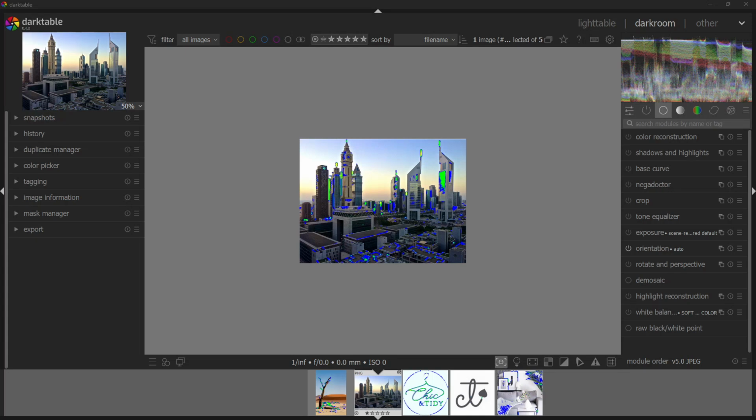In today's video, I'm going to teach you how to use presets in Darktable. Presets in Darktable are saved sets of adjustments for a single module, such as exposure, tone curve, or color balance. Think of them as your time savers. Once you find a look you like for a module, you can reuse it without dragging the same sliders over